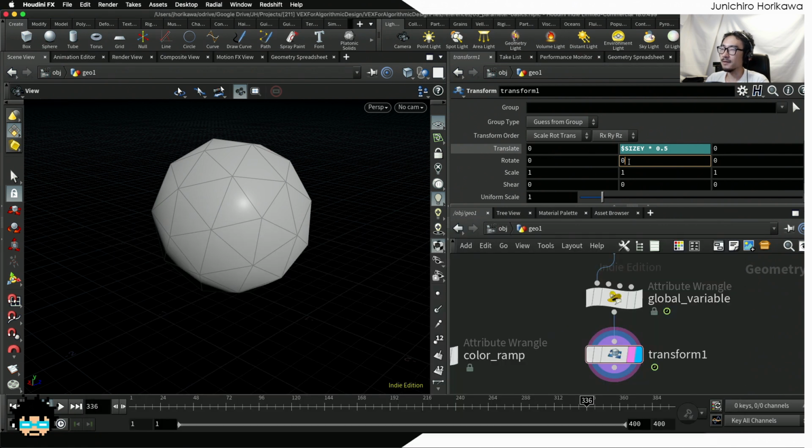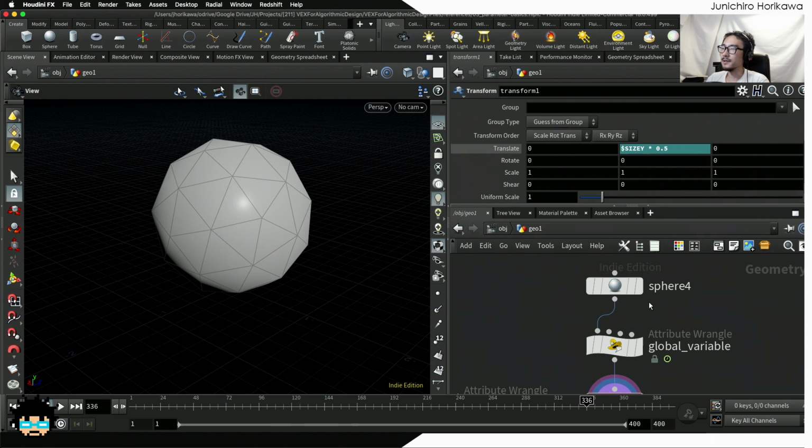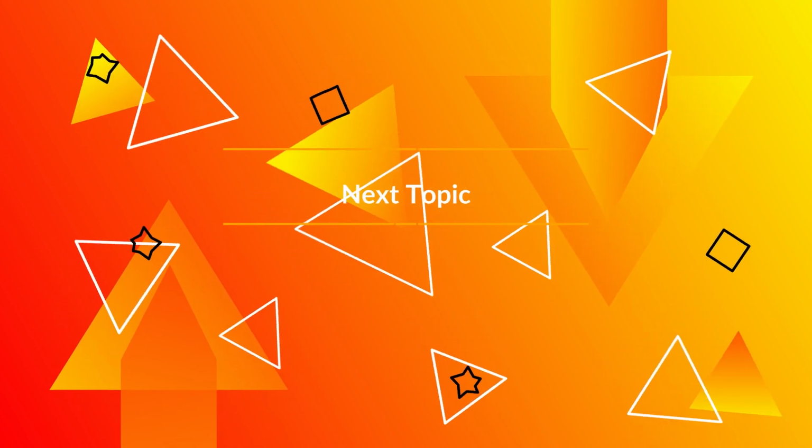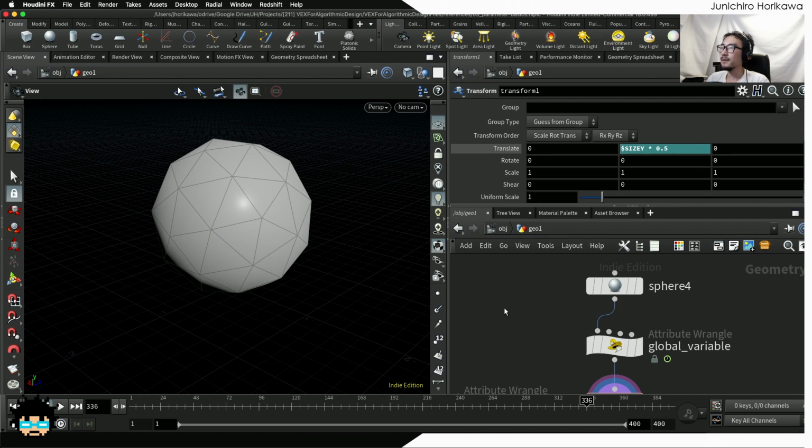For today, this is just the basics. I just want to tell you about the global variables and local variables. And there are things called expression functions you can use inside the parameters. Okay, so that's it for the basics of parameters you want to remember when using it together with VEX code. So this was the basics of parameters, and how to use the parameters with VEX coding. And this is pretty essential when it comes to procedural modeling,